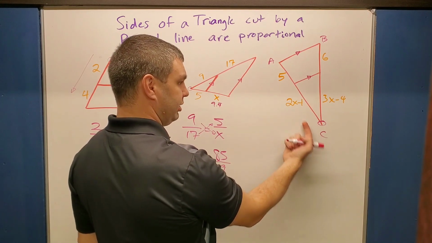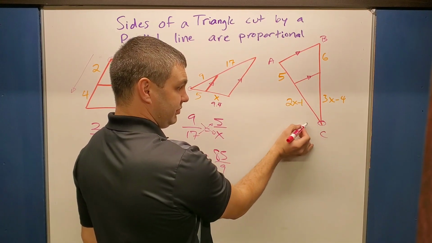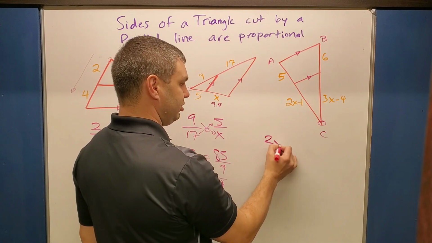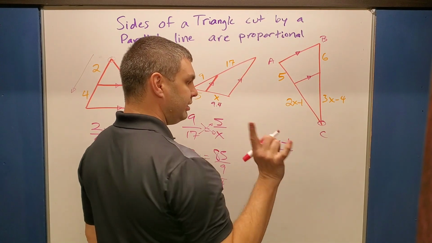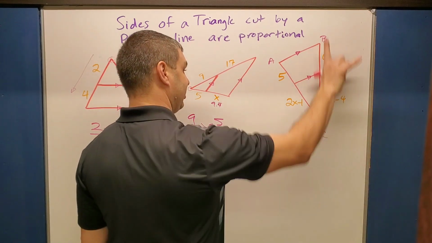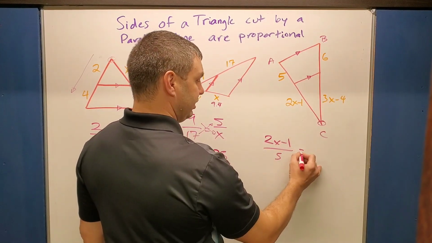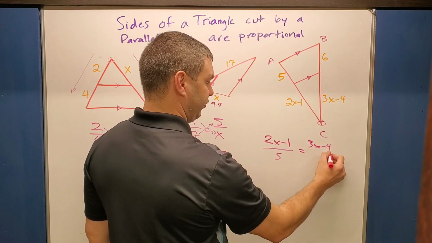And you can just run down the way that, if you start at that point, it goes here. So from the bottom to the top, I'm going to say 2x minus 1 over 5. You just have to be careful that you do it the same way on the other side. I have to also start at the bottom and go to the top and say this equals 3x minus 4